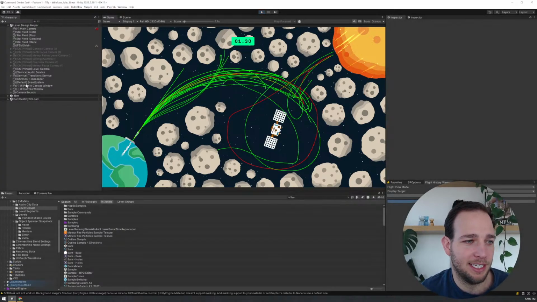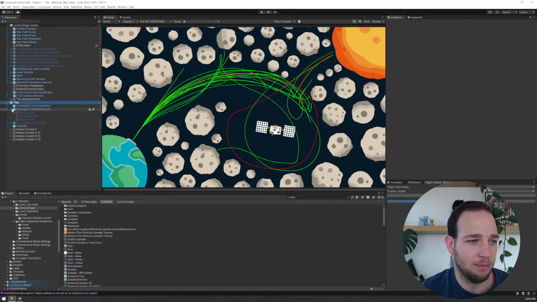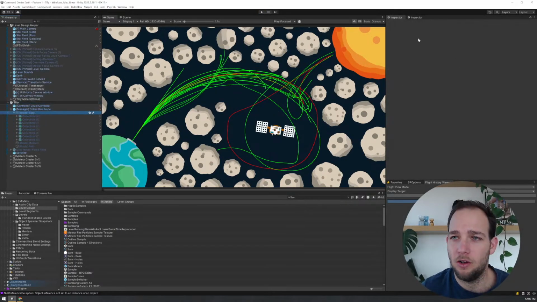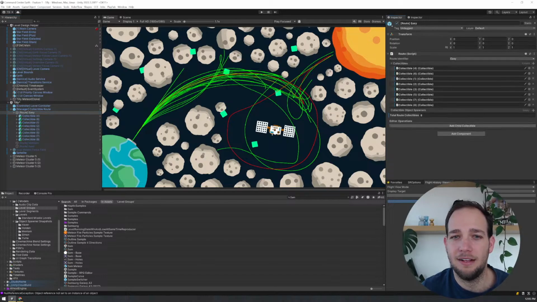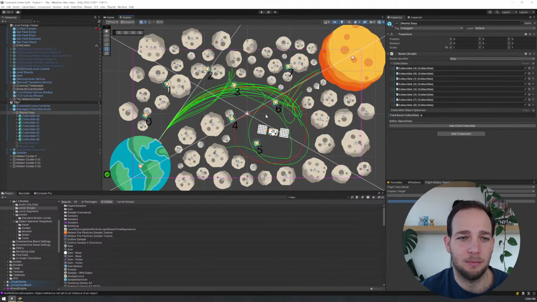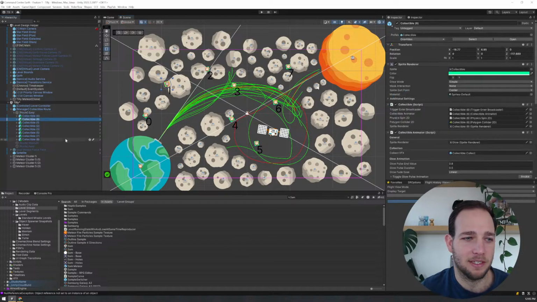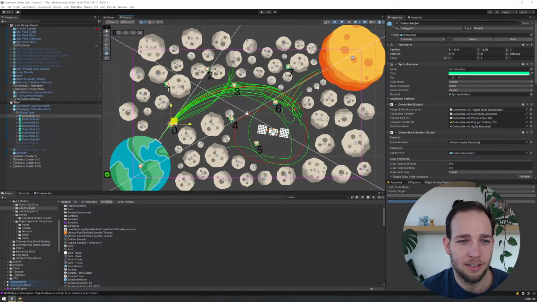So I'm going to go back to Tilly. I'm going to go here. I'm going to open this guy up, and I have some collectibles already in place from the previous level that I set up, and I'm just going to start moving them. So I'm going to go here, and I just kind of start to randomize the rotation a little bit.